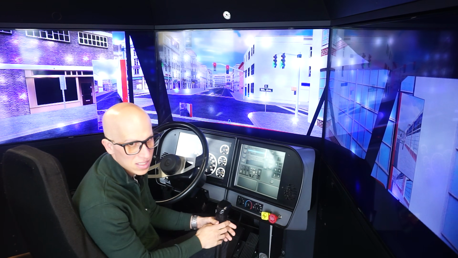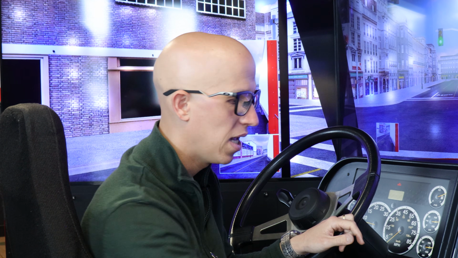The simulator is not easy to do, and the road is also not easy to do, but imagine learning on something like this that reduces the stress level so you don't have to worry about all the different moving parts. And that's what we help our students do every single day, right? So we help people like you every single day get themselves on the road to freedom by helping them get a CDL license. And one of the parts of getting your CDL license is actually getting yourself perfected at making